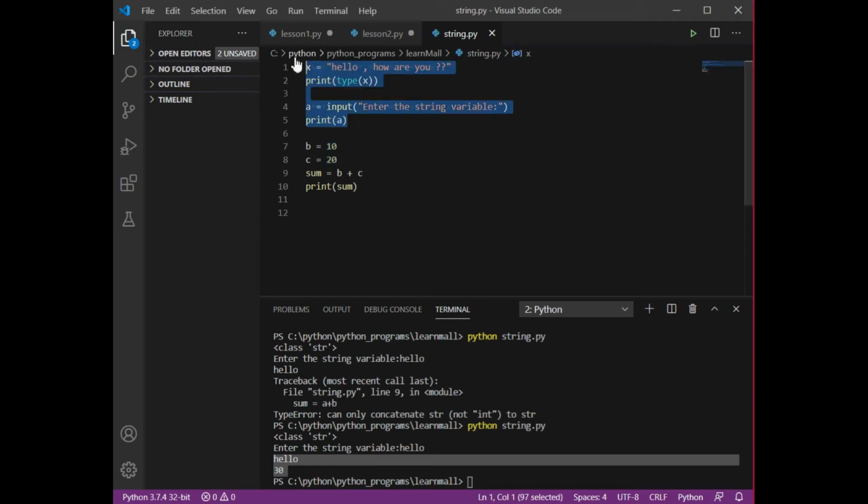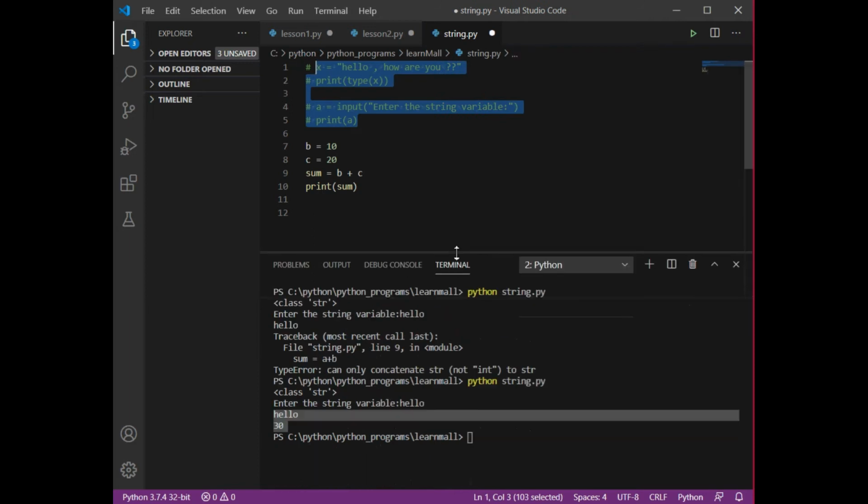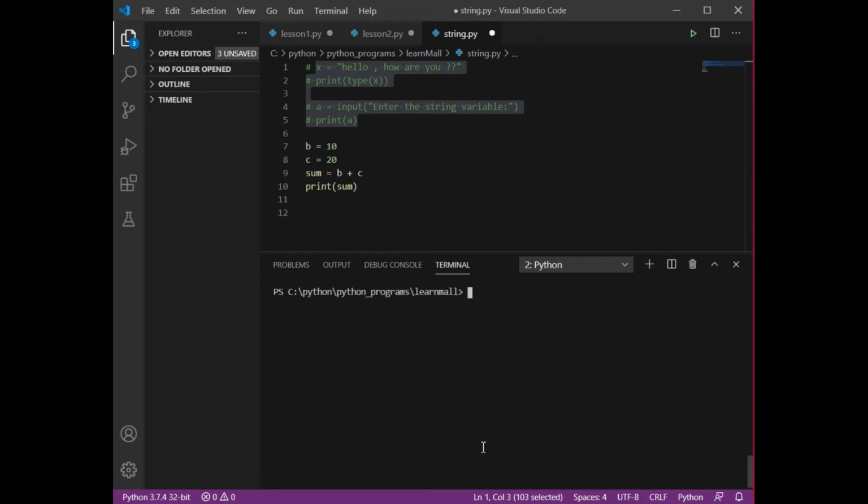Now I'm going to make this a comment because we don't need it. First of all, let me clear the screen. Instead of giving the value during coding, whenever I give the value during coding, that value is treated as the same data type. If I give an integer value, my interpreter will treat it as an integer.